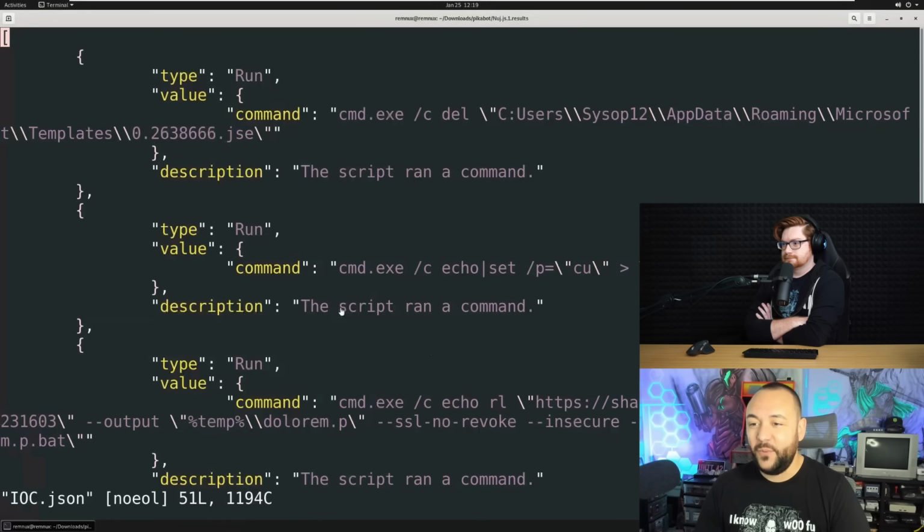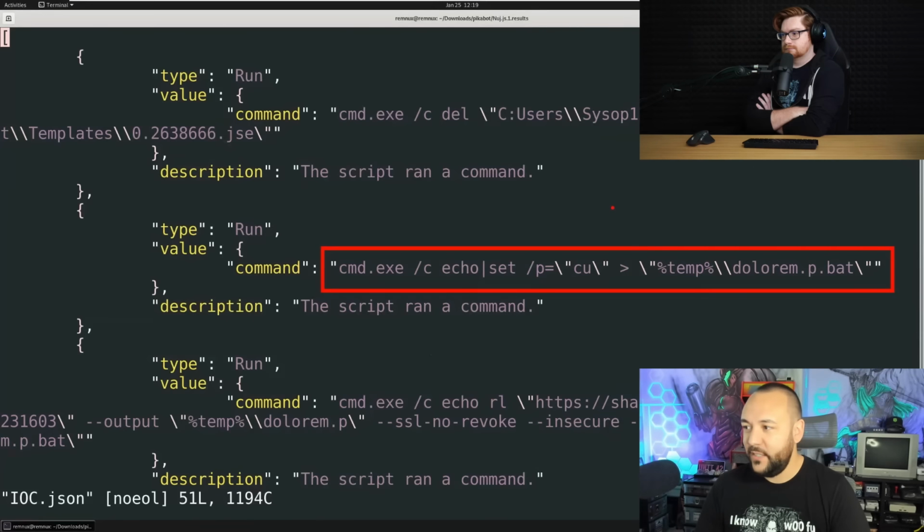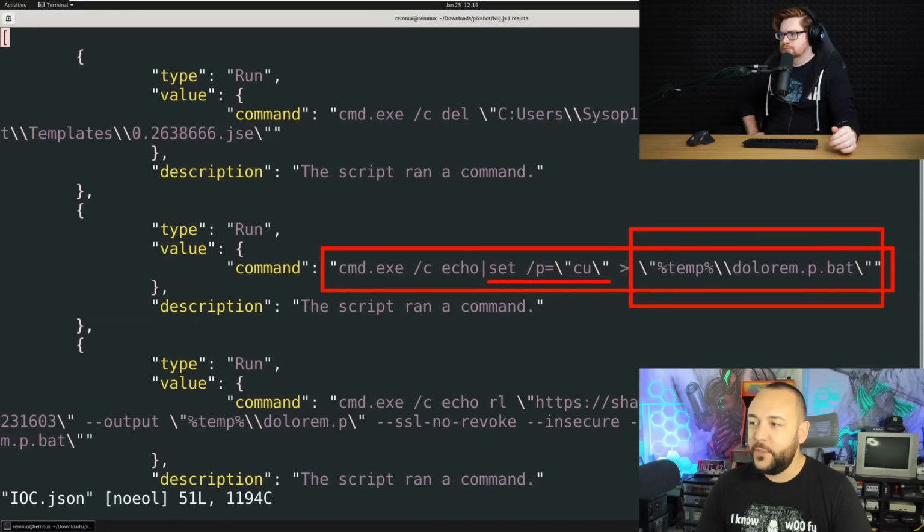After that, what it does is, let me get my little highlighter again. It uses cmd.exe /c and it echoes, and then it uses this little tricky method here. It uses set, which is typically used to set a variable, and it sets this using /p to cu, and it writes that value to this file right here, sitting in temp.